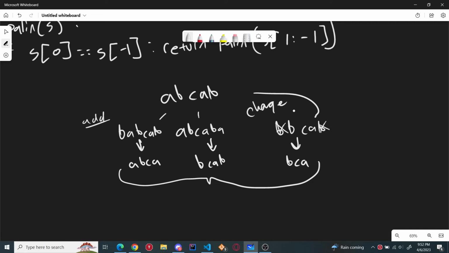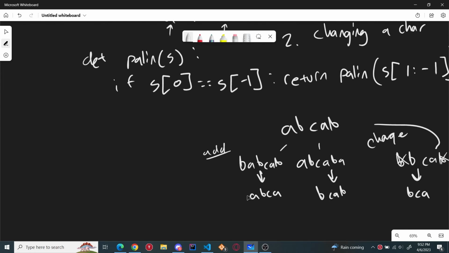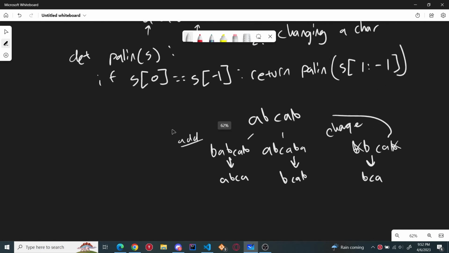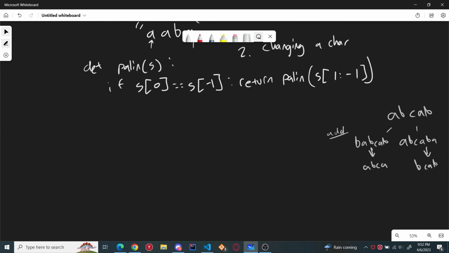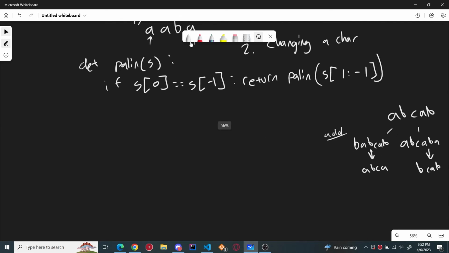And just like before, I'm going to call the palin on this one. And it's just a simple recursion. I'm going to add all those moves together and see the minimum number of moves. I'll move this one over here for now. And I'm going to write something like this. Return the minimum of